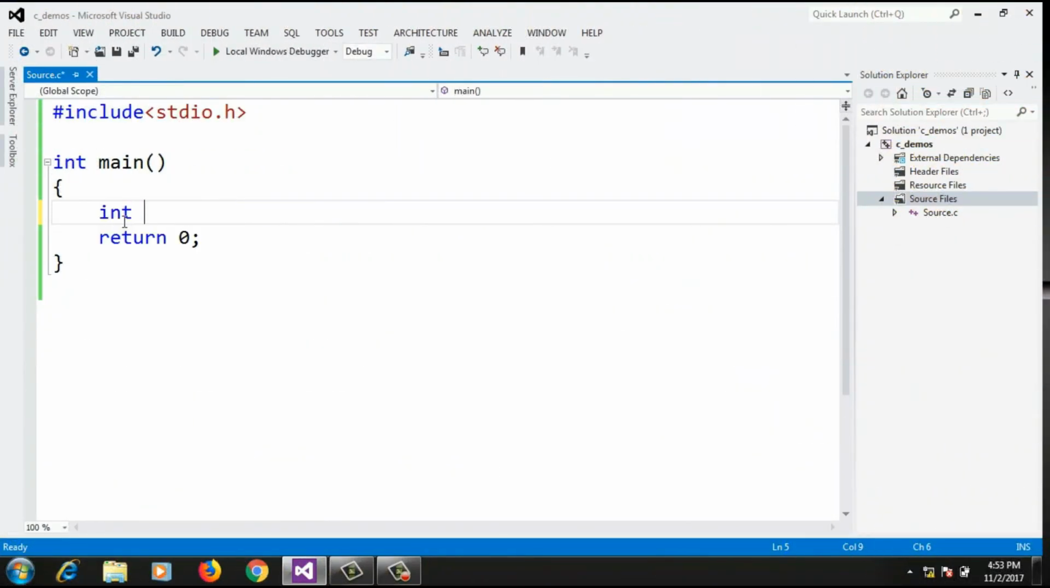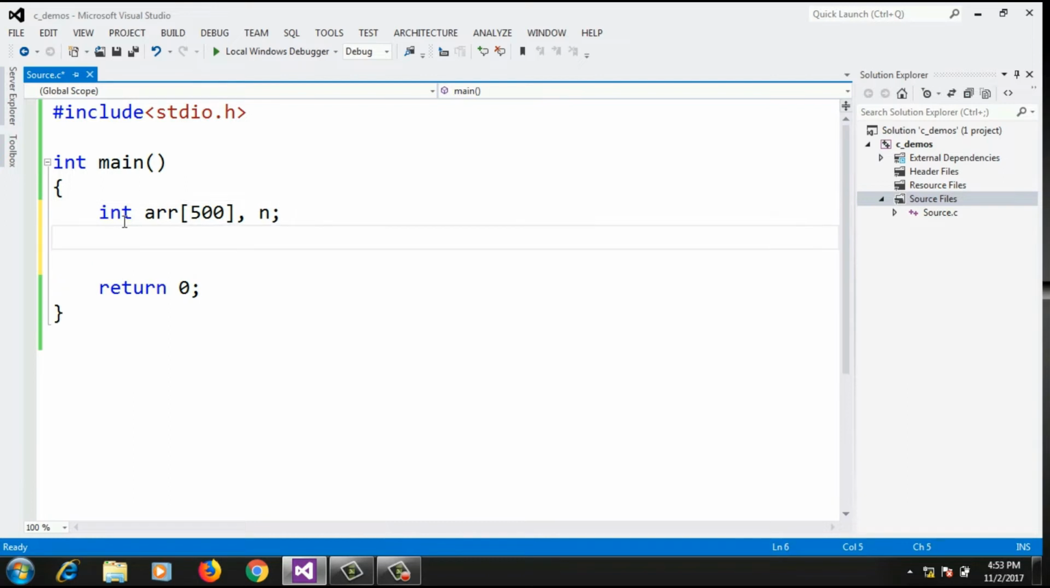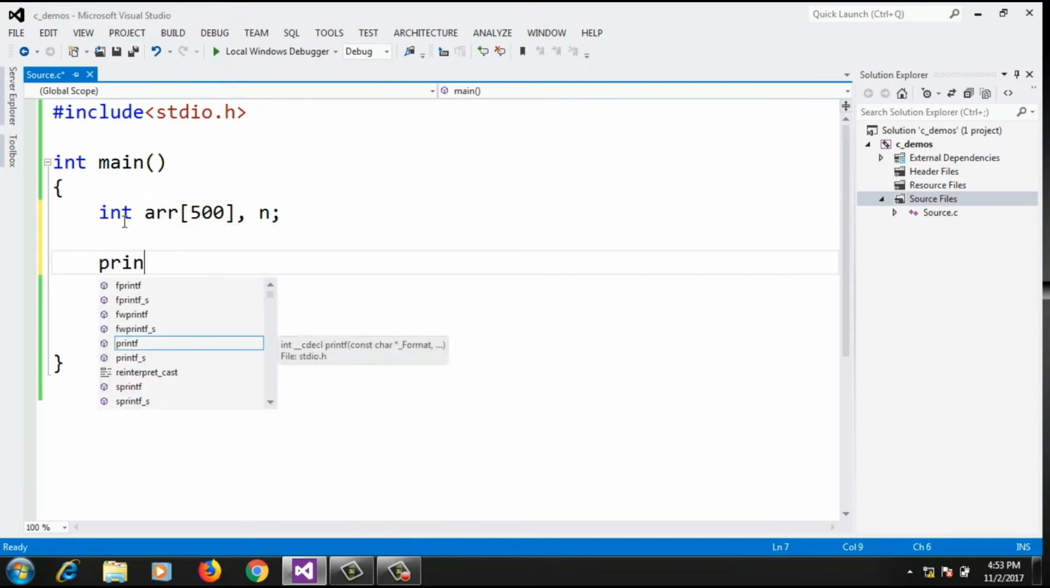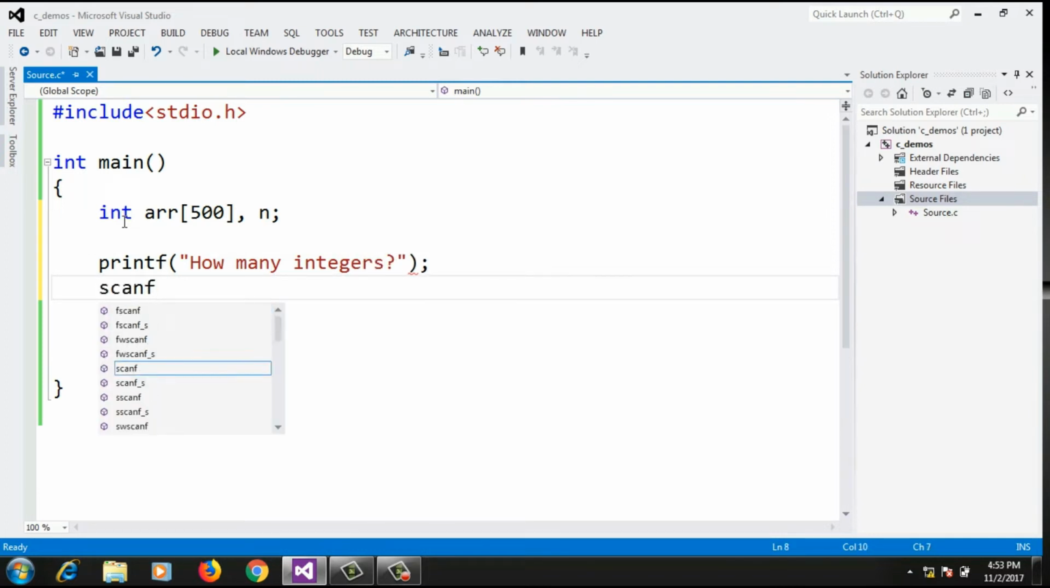First of all, let's declare an array with some large size. Suppose I am declaring an array with 500 elements, and I will declare one more variable, n, which is the actual number of elements I am scanning from the user and storing in that array. Here first of all I will ask the user how many integers, and that value I will store inside the n variable. So scanf %d